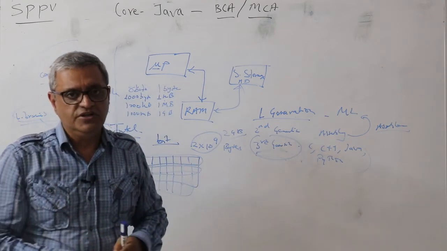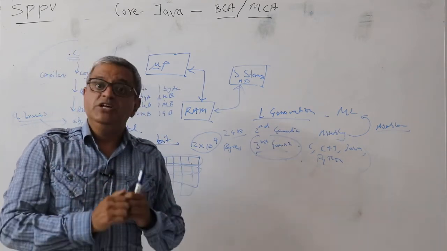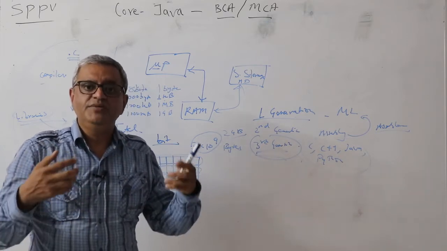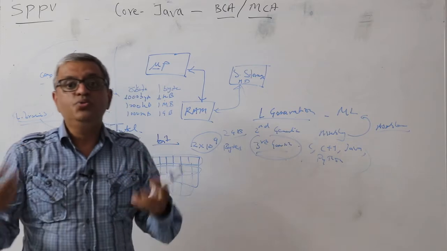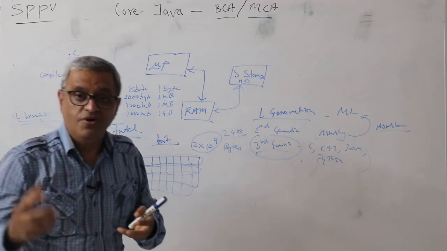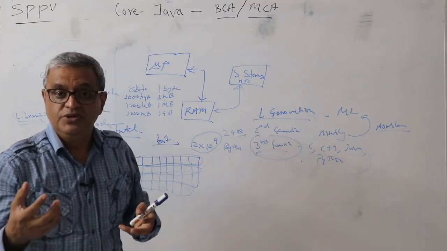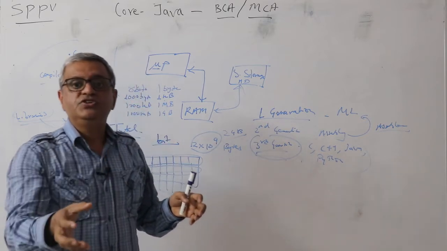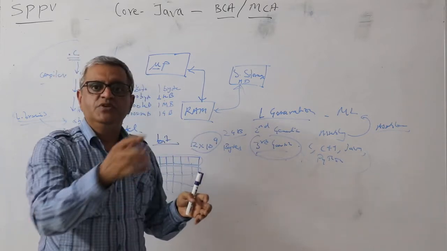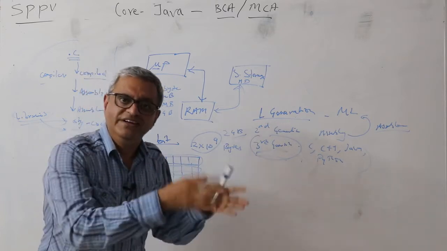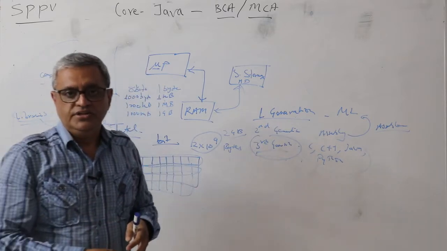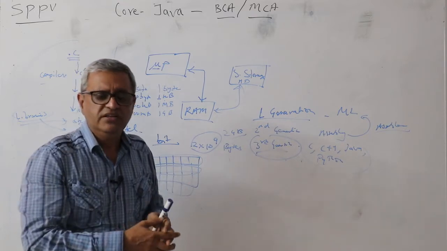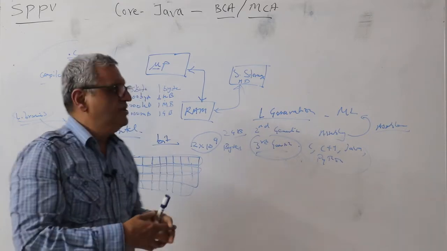regeneration of the executable. But as far as an interpreter is concerned, the interpreter interprets the source code every time and converts it into native code or executable on the fly, so during the execution time. So every time the interpreter is going to read the source code and convert it. So this is basically the difference between a compiler and an interpreter.